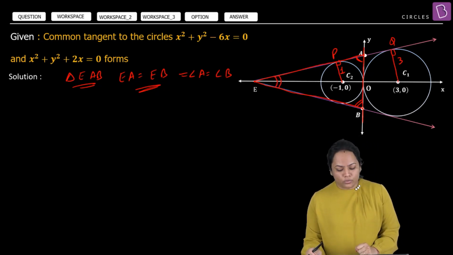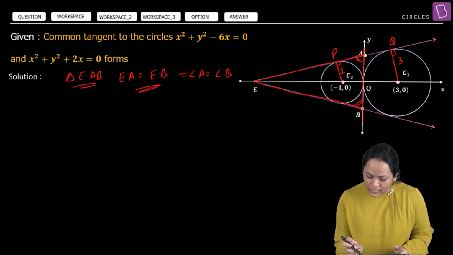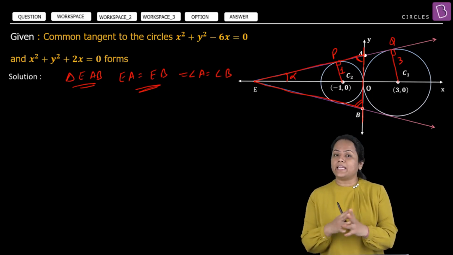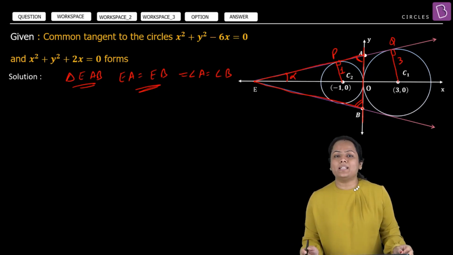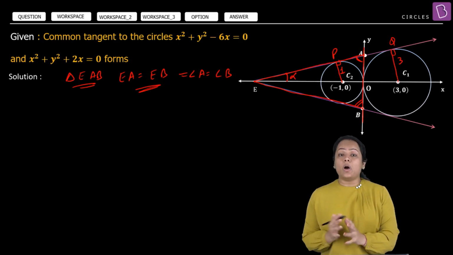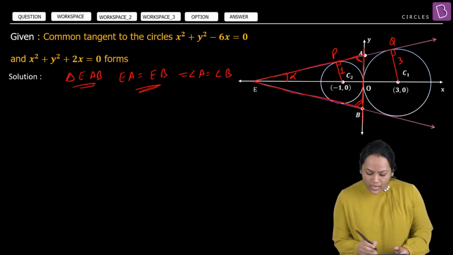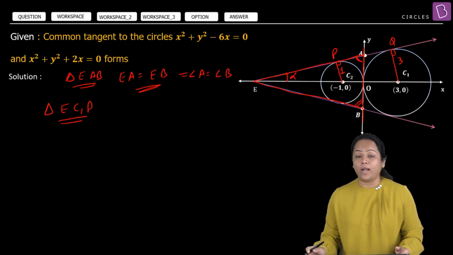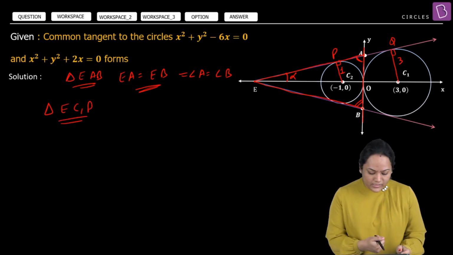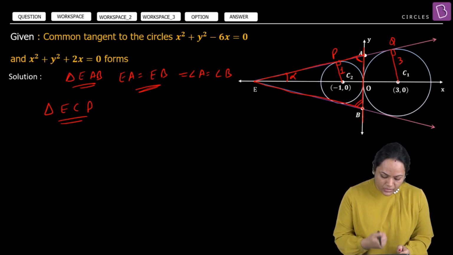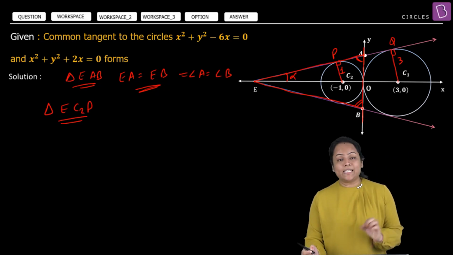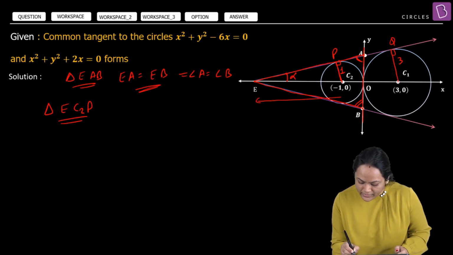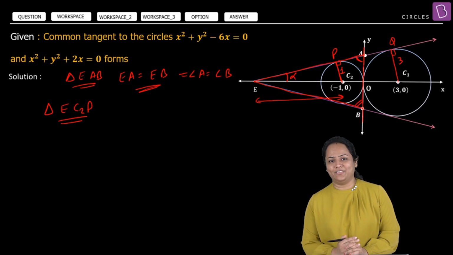And how are we going to do that? We know O is the origin, so I'm taking half of angle E, let us say, as alpha. If I get the value of alpha, I can get the entire angle E, and then we can decide on the options, isn't it? Now, how to get alpha? Well, I'm going to consider my triangle EC2P to get the value of alpha. We know already that C2P, the radius, is 1. So if I can somehow get the value of EC2, I can get the angle alpha, isn't it?